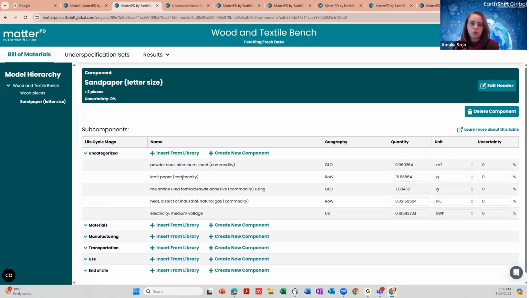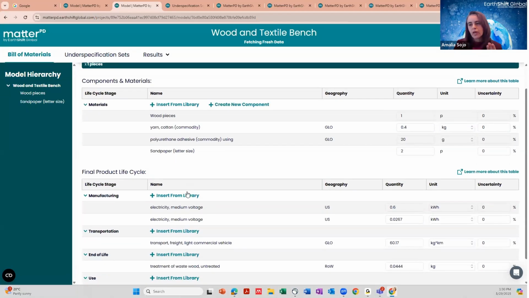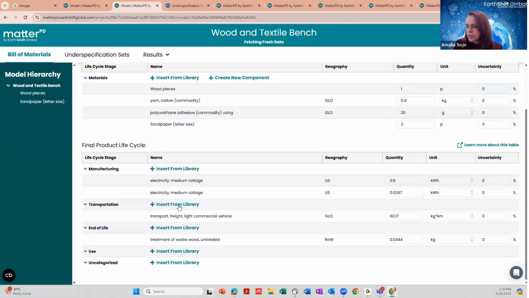In this case, I needed to research how the sandpaper is made, and I added the several components here. Once you have your materials, then you're okay to add the manufacturing, the transportation, the end of life. If there's something like an electric component that is going to use electricity along its life cycle, you can add some electricity from the library.